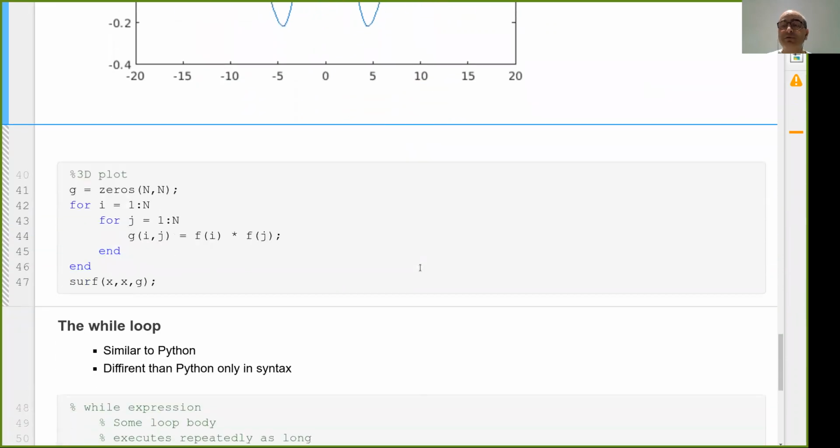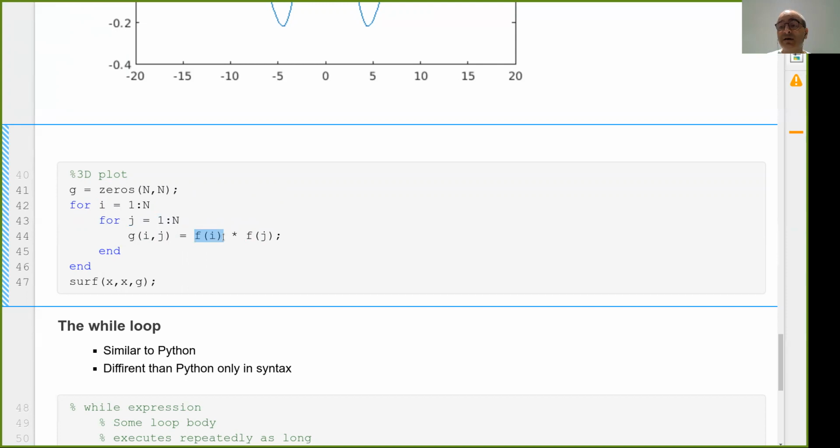Now, what if you would like to plot sine x times sine y? So it's a two-dimensional plot. Okay, let's generate the data for that. What do we want now? We want for every x multiple values of y's, specifically n. So let's start by generating zeros, n by n zeros, and then we're going to fill the data. We're going to say i is going to go from 1 to n, j is going to go from 1 to n. So these are two nested for loops,